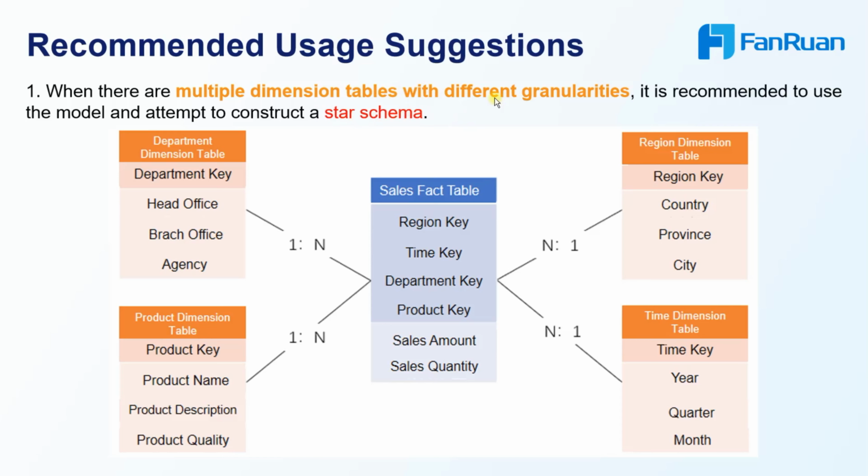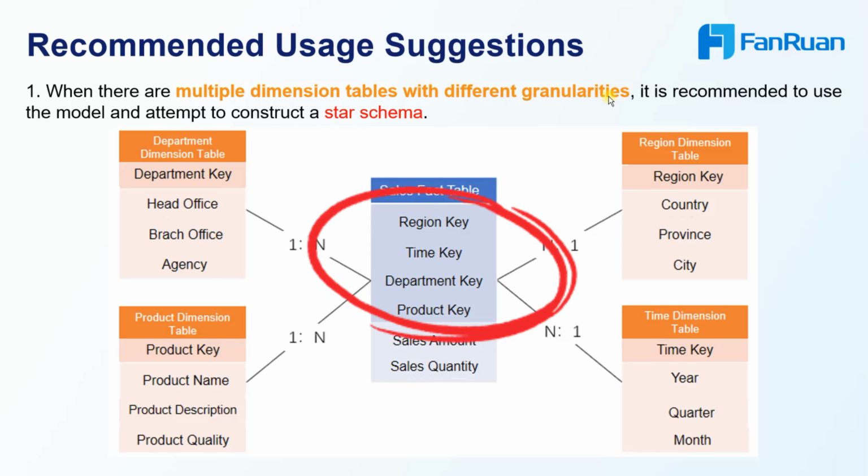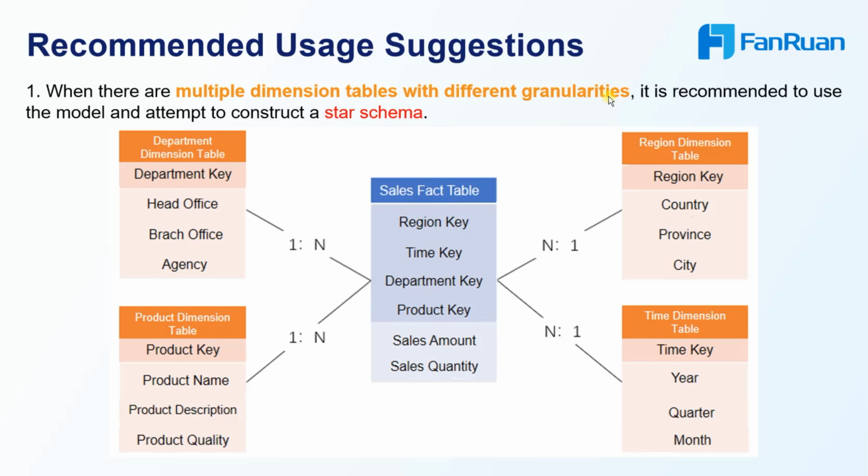Don't rush, let's go one by one. What are multiple dimension tables with different granularities? As mentioned earlier, different granularities refer to things like department, region, time, and product dimension tables. These tables are at different granularities. If you want to join them, you will definitely encounter issues like duplication and redundancy. This is the first point. When there are multiple dimension tables with different granularities, we should use a model and try to build a new